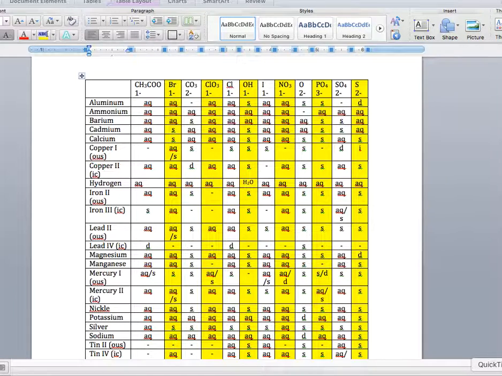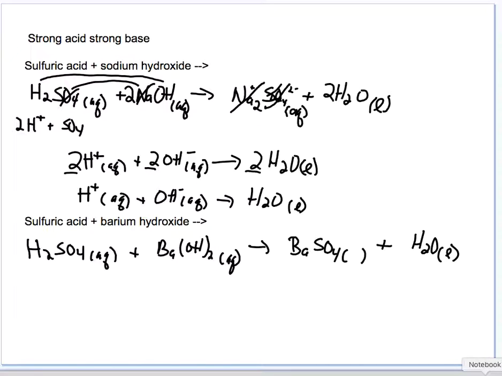Okay, so because that forms a precipitate, we have to not write aqueous there, but we have to put S in there for solid. Now, if you notice, when we look at this equation, we can't cancel anything out. But that doesn't mean we just write the equation exactly like it's written. So to put it in net ionic form, we have to break anything down that's a strong acid or strong